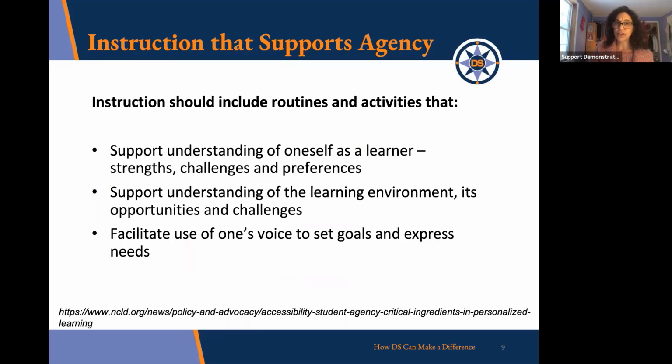And so our instruction, right? We want to provide instruction that allows them to grow in their understanding of themselves as a learner, right? To take on challenges and express preferences and act on those preferences. We want to support them in their ability to assess the learning environment, or any environment, right? But for us, it's school. That includes,